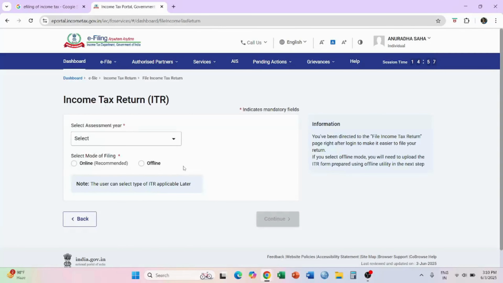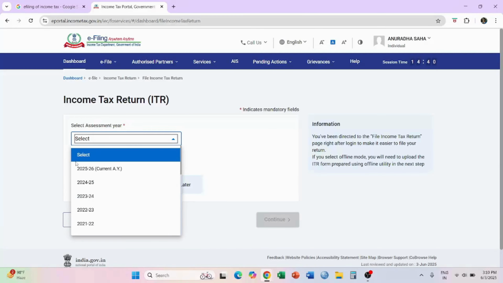Once this page opens up, we are going to click on this drop down where select is written, that is income tax return, select assessment year. So we click on select. As we click on select, see, from 1st June this option has come: 25-26, the current assessment year.